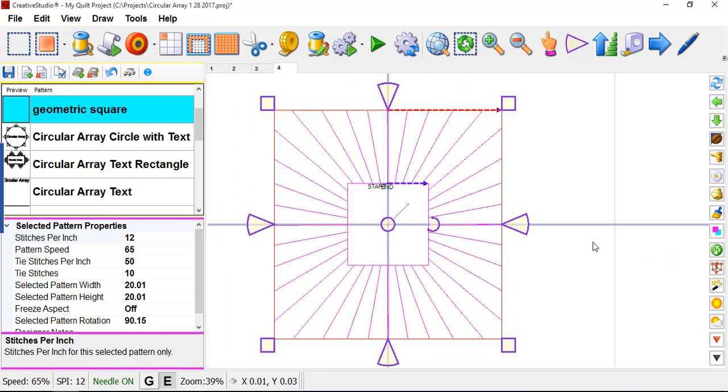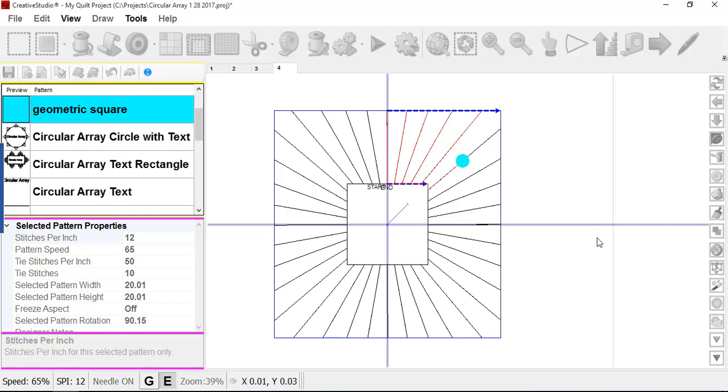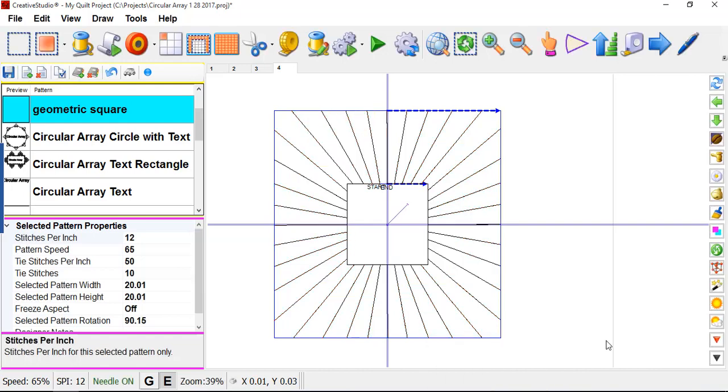Okay, it's finished. And I'll just hit escape. So there we are. That's what we can use that for. I have a pattern, I have something in here I don't want to stitch over, I want to do a fill in the background. There's many other ways of doing fill. There's other patterns that I have made for myself. See, it just goes and stitches all the way around this. So that's a use for using circular array, using fill, a little bit of extra